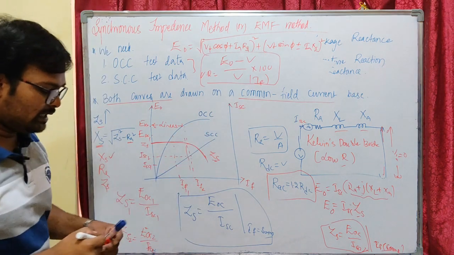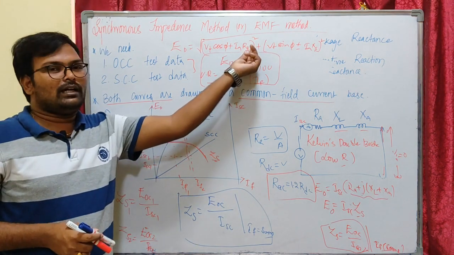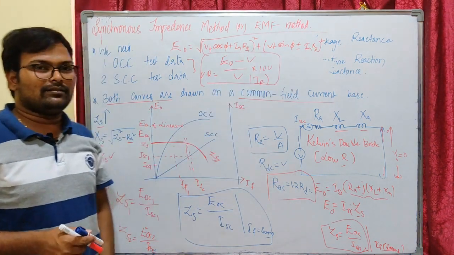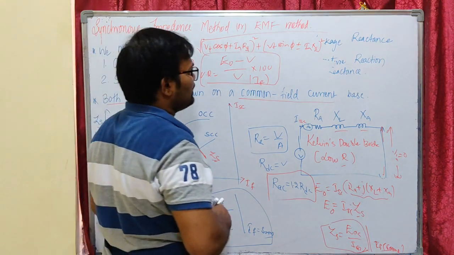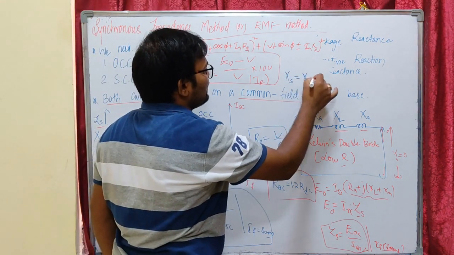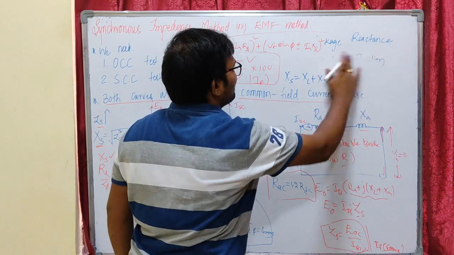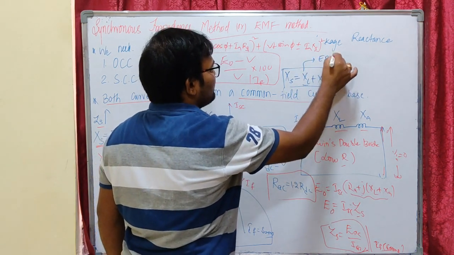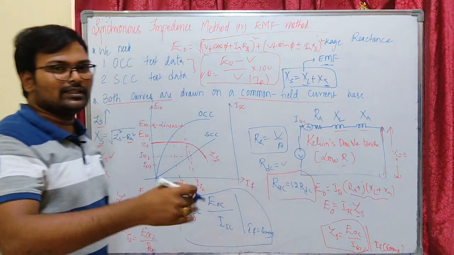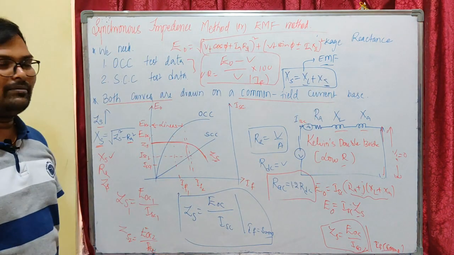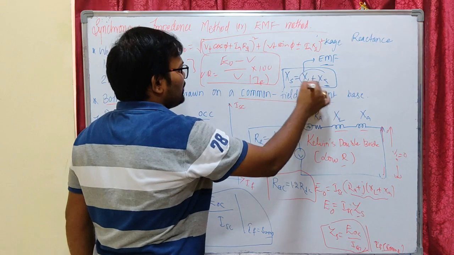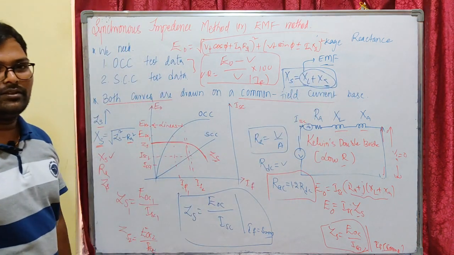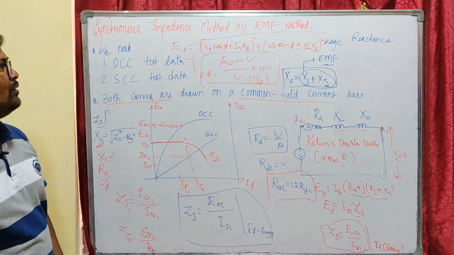So we are going to calculate E naught. For that, we are going to calculate our armature resistance and synchronous reactance value. Here the synchronous reactance is equal to XL, the leakage reactance, plus XA. Here the effect of XA is not treated separately, it is the cumulative effect along with XL. That's why it is called the EMF method. As XL is inducing some EMF, the method is called the EMF method, because we are treating XL as the cumulative component of our synchronous reactance. So this is about the EMF method.